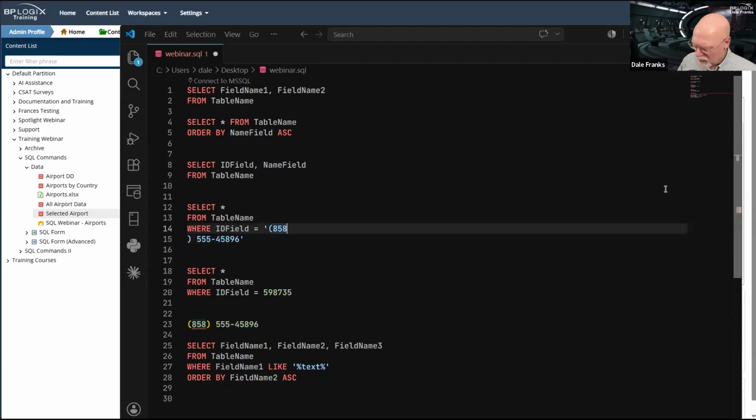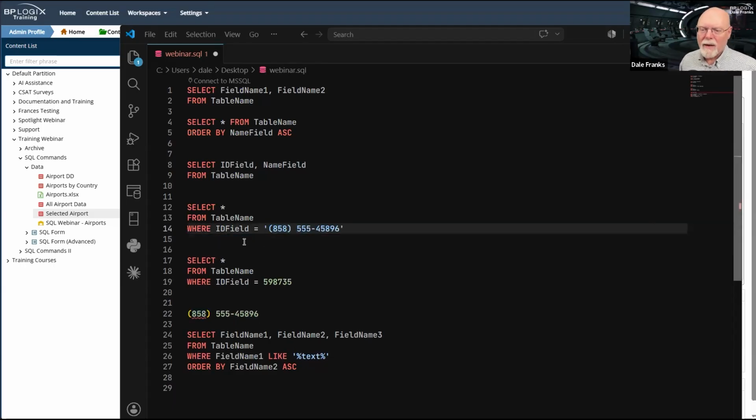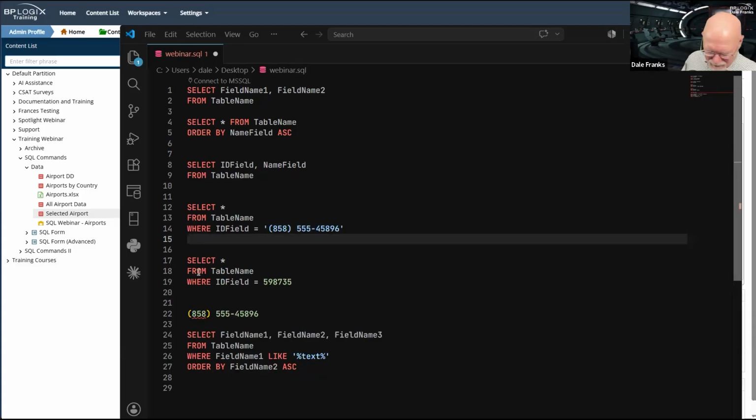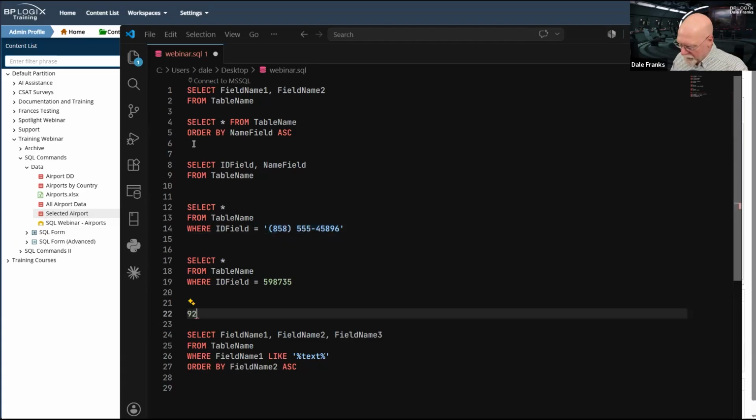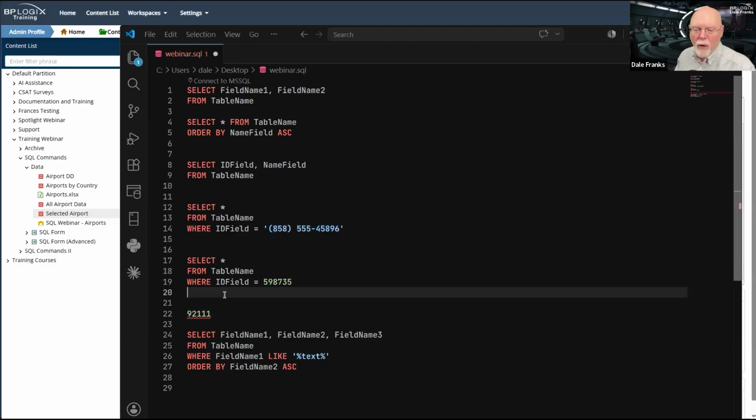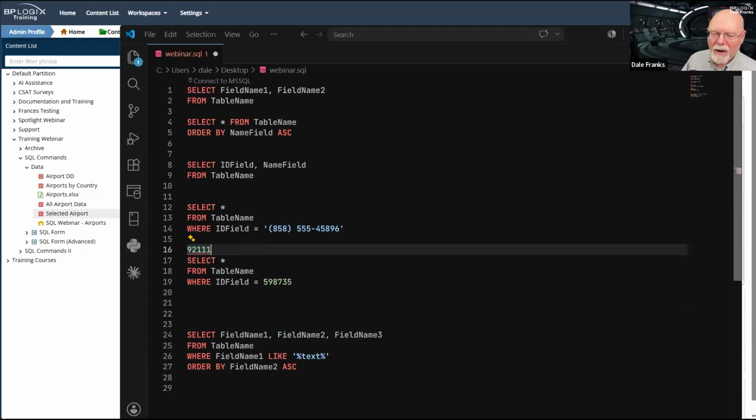I am not sure why it is giving me that extra line there. Maybe I'm just a bad paster. So this will look for this phone number. In fact, I'm using the equal operator. We'll come back to that in a second. So let's assume we are looking for exact values. So this is the exact thing that I am looking for. Okay, that's obviously text because of the way that it's formatted. However, what if I'm looking for a zip code? 92111. So coastal San Diego.